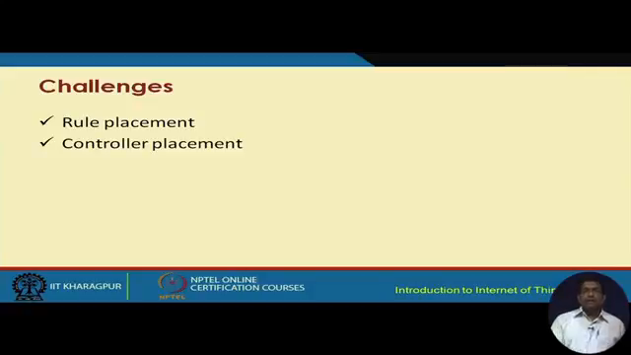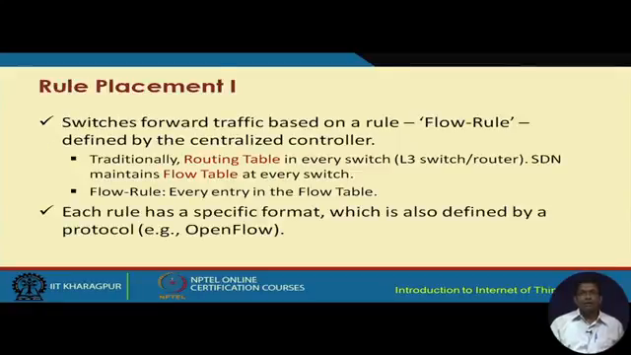Now, let us come to two main challenges when we want to implement SDN in any network. These are the rule placement problem and the controller placement problem. These are the two main problems to be taken care of fundamentally when we talk about SDN. With respect to rule placement, we are talking about flow tables instead of routing tables